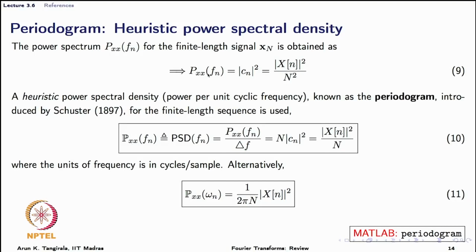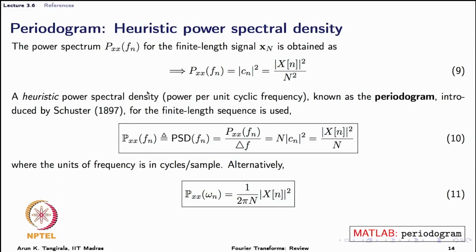invented. So, the power spectrum of the finite length signal, now again because I am assuming that the underlying signal is periodic, I can only talk of power spectrum. The power spectrum for a periodic signal, as we have seen earlier in lecture 3.3, is mod Cn square, and we know from the relation between the DFT and the Fourier series coefficients, mod Cn square can be written as mod x of n square by n square, because x of n is n times Cn, remember. So, mod x of n square is nothing but the squared magnitude of your DFT coefficients. Your DFT coefficients are going to be complex.